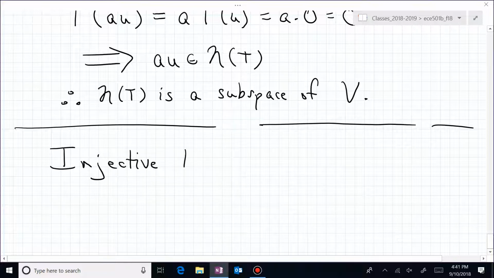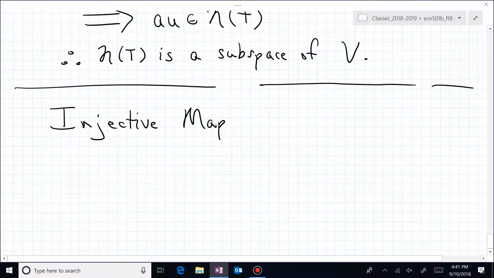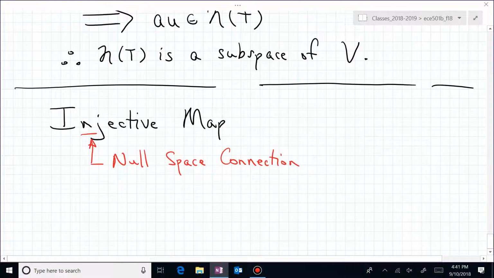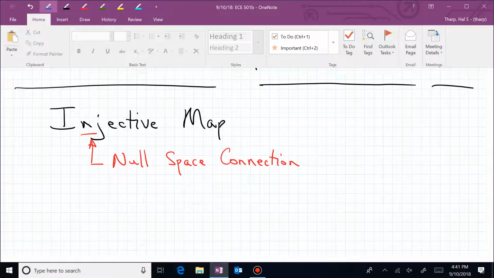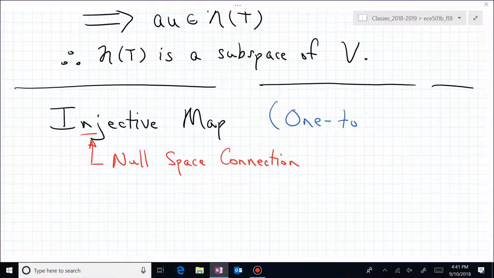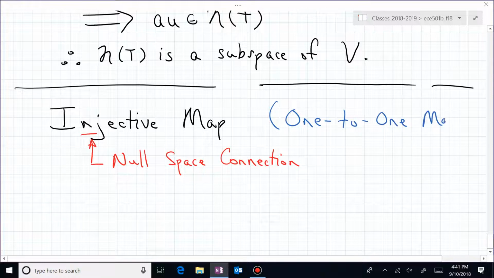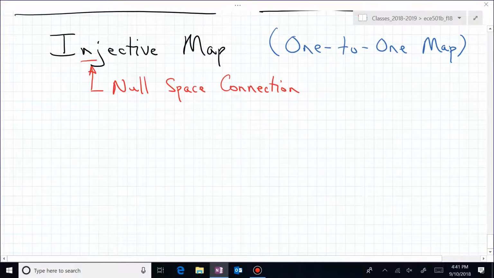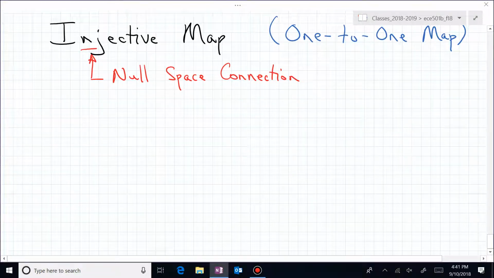Now let's talk about the injective map. When you start talking about the injective map, you might start thinking about, oh, this is maybe related to or associated with the null space. If somebody says I have an injective map, and that doesn't seem to resonate, say, oh, this is a one-to-one map. One vector in the input space is uniquely mapped to one vector in the output vector space. That's what we mean by one-to-one. And this injective map has a null space connection. What we want to do now is start to establish that